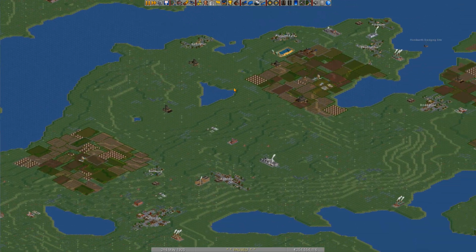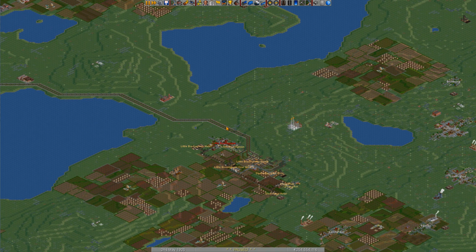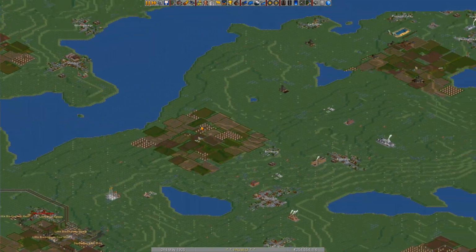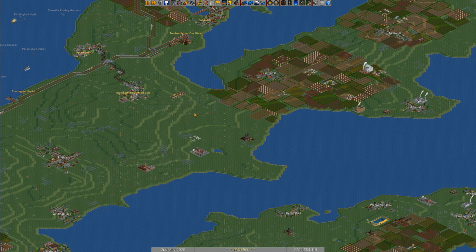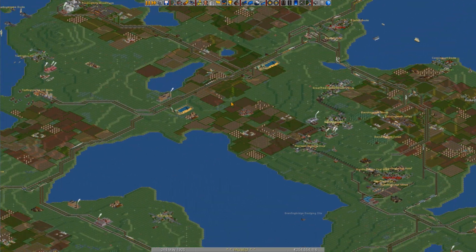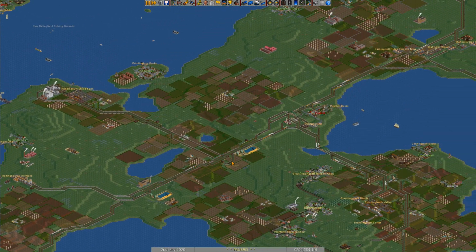Over here for these coal mines, we're just going to attach them over here to this set of tracks. And then we should be all fine. So that's not really that much that we need to do, but we do need to get it done. And afterwards, it's all the way over here, we might want to upgrade these